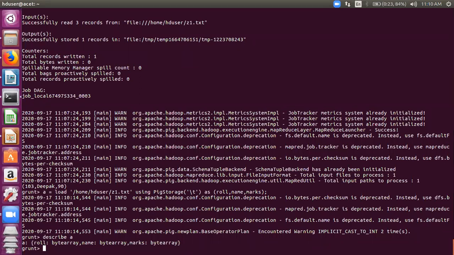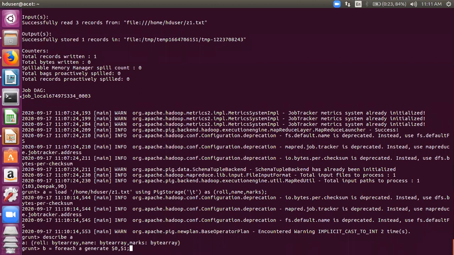Okay, then let's now again display this. So dump A would give us the output. Let's not do this. Let's go with another command. Don't look too much into it. We need to discuss it in our next lecture. FOREACH A GENERATE. I'm writing something like this. Can someone tell me what I'm trying to do? This is your projection. FOREACH is for projection. So from your relation A, you're going to generate the first two columns, $0 and $1.